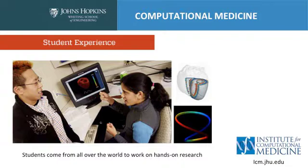And just from a student perspective, I can tell that ICM is really forward thinking, and we're always looking ahead and trying to see what's going on. And they always look for student feedback, which I find is really important in hearing student voices. And also in Hopkins in general, talking more about the opportunities available here,